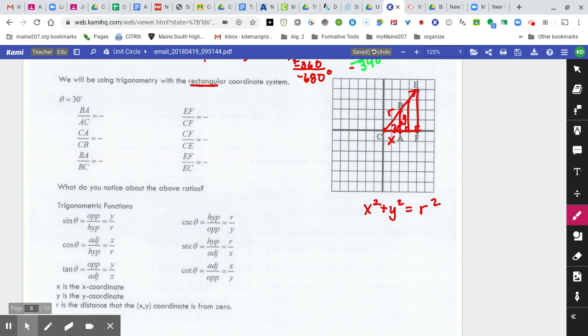So my BA over AC would give me a ratio, remember that if we're doing 30 degrees,